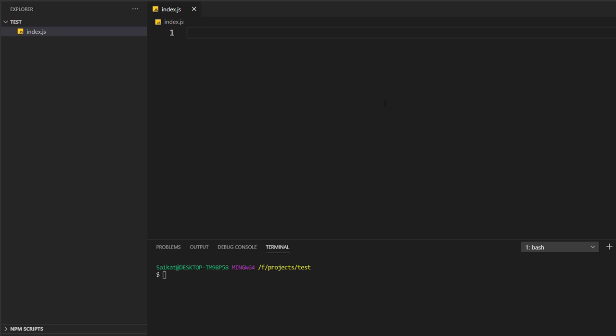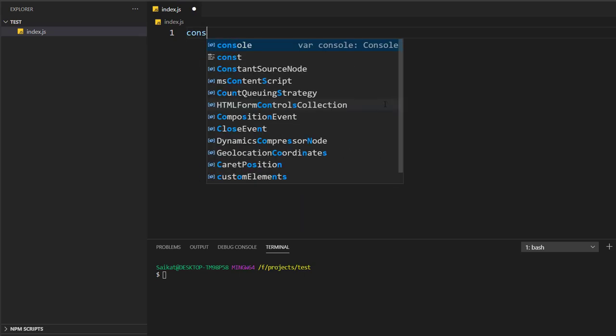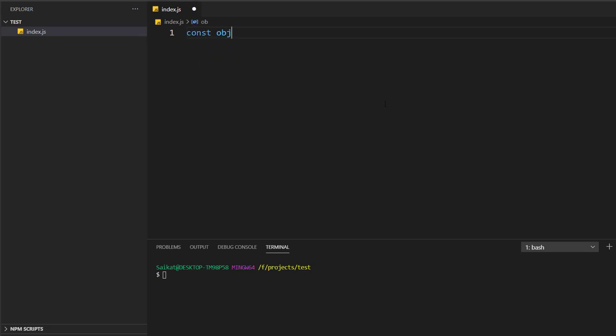So generally how it works is, suppose I create an object called const object. Inside this I create a variable called name, and it's Sam. I want to use the value of name.